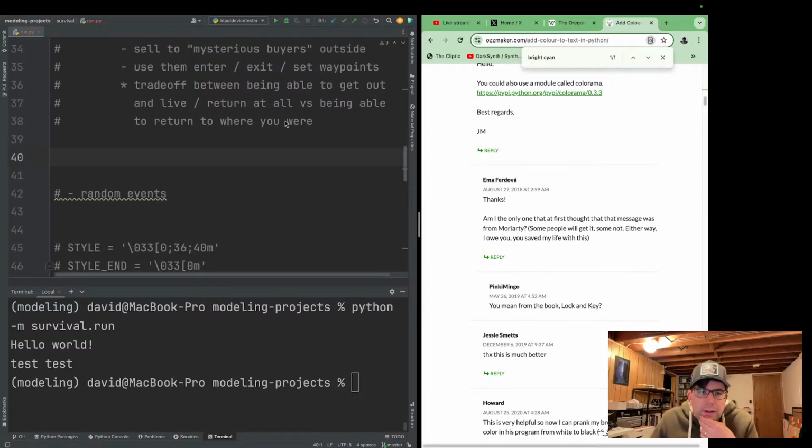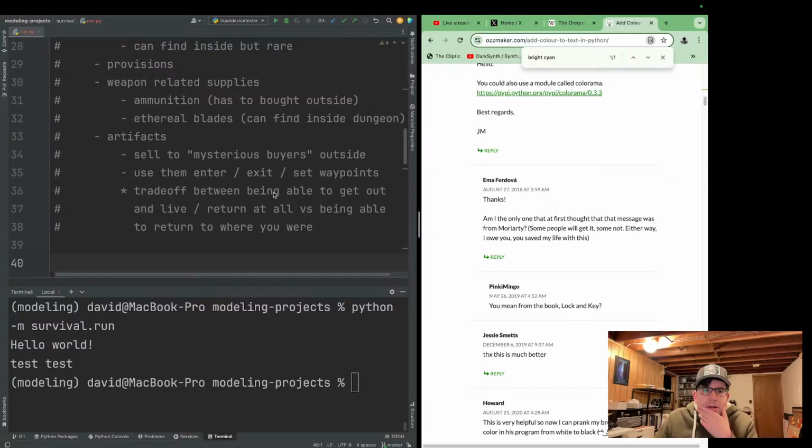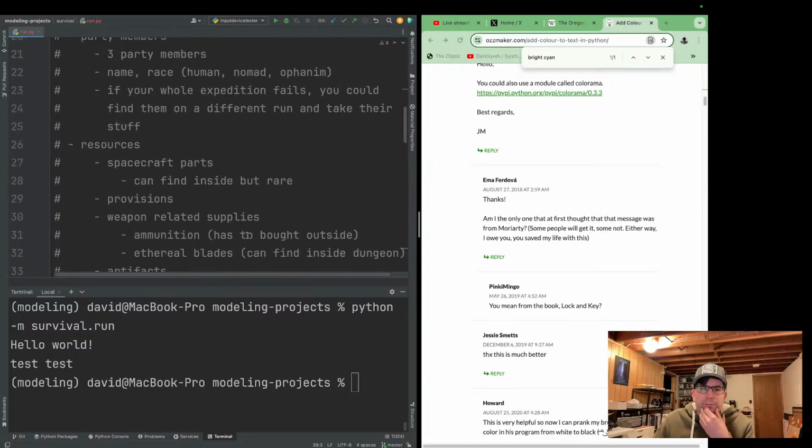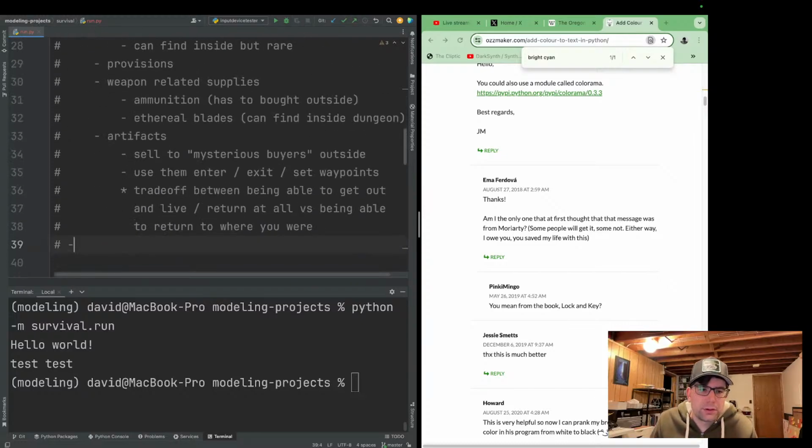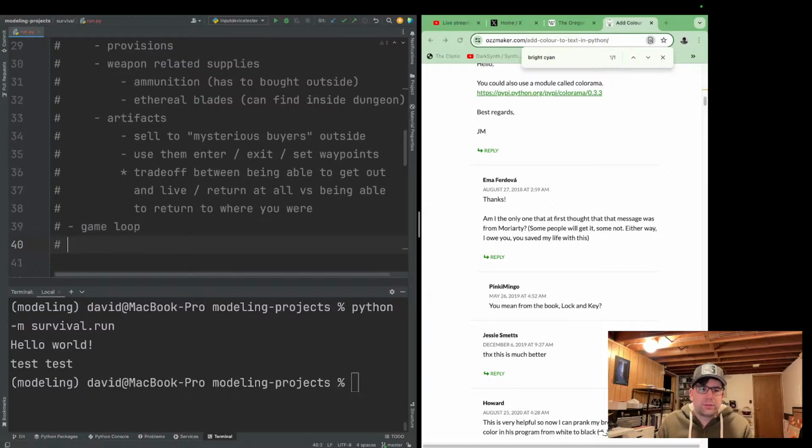Yeah, so I think we can start with these, and then let's just think about some different events. The main game loop is going to be a travel screen where you're heading in your ship.